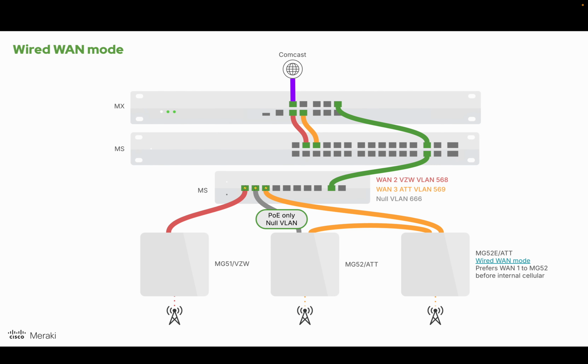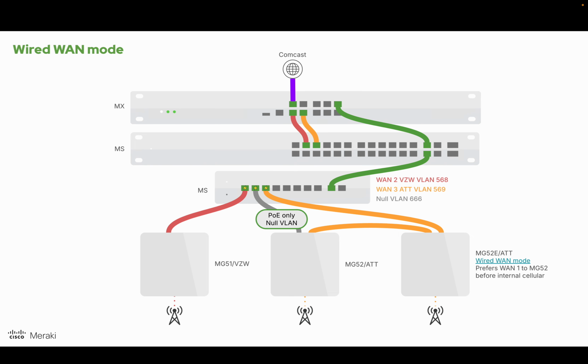This is a much more complex solution, but something I have labbed up just to show how it all works out. This basically allows for 4 providers on an MX with 3 wired WAN ports. And in this case, I'm using the feature called backup WAN link on the MX,